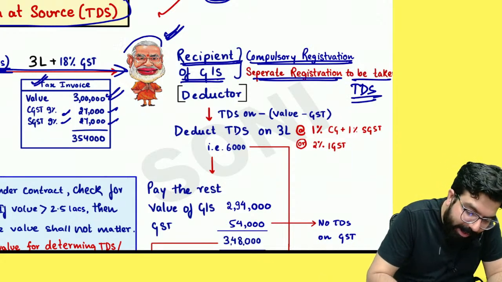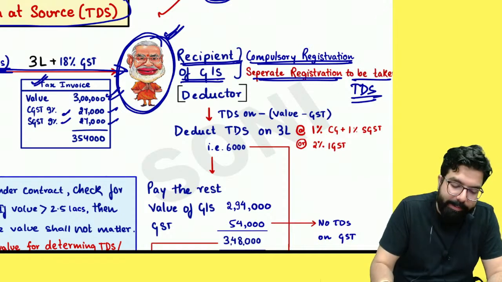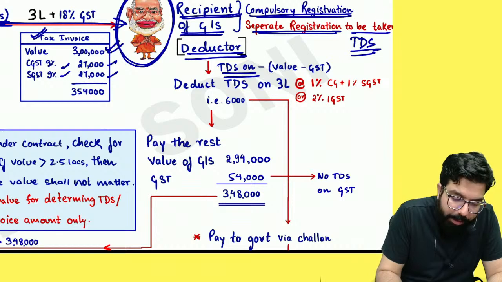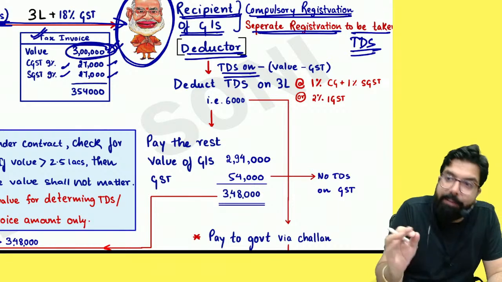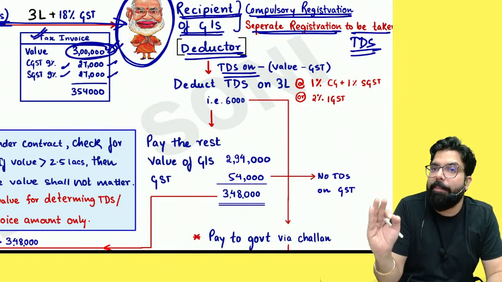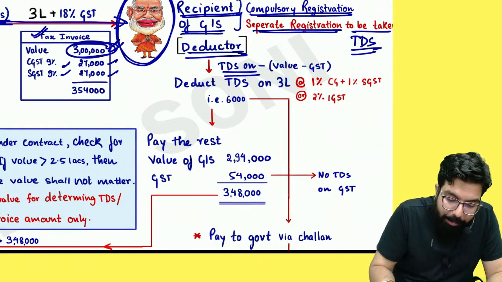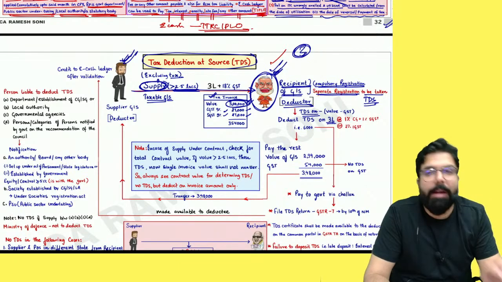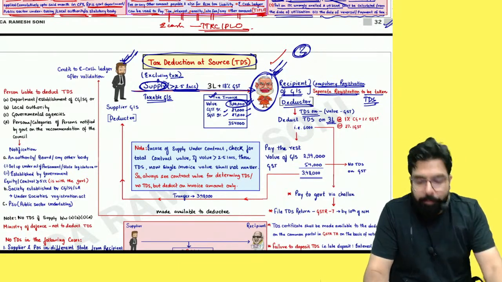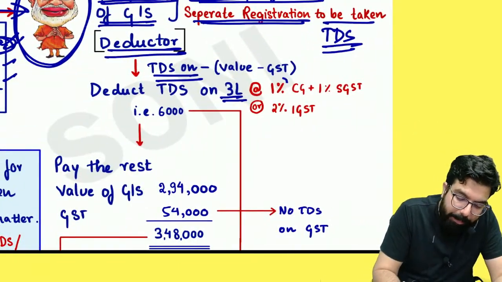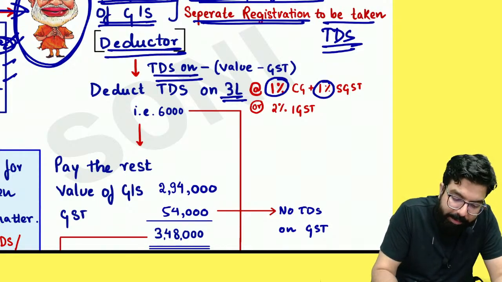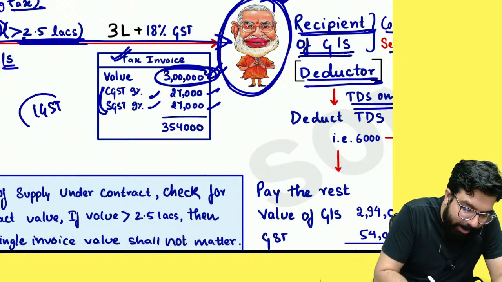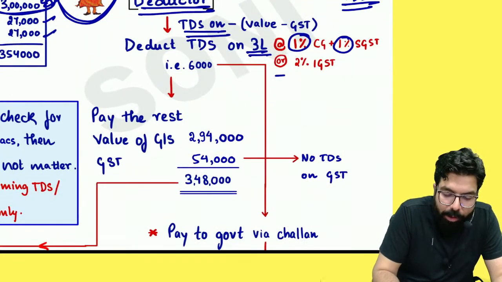The government department has to register as what, everyone? TDS deductor, and it has to deduct TDS on what value? This 3 lakh rupees. Whatever is the value of the supply, not on the GST amount, on the value of supply, 3 lakh rupees. So, for an example, you and the government department are within the same state. So, people, what will it deduct? The government department will deduct 1% CGST and 1% SGST. Might be if you charge IGST in the bill, then the government department will deduct 2%